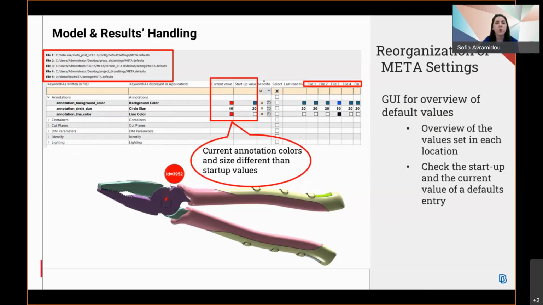For example, in the case shown here, we've got the current values of the annotations color and size being different to the startup values, and this can be seen in the drawn annotation of the 3D model. One note to make here regarding legacy: all legacy functionality will continue to work, so XML files of the previous format can still be read with a -XML option. Old meta post defaults files can still be read, and the toolbars referenced in these files can still be loaded, or commands placed between the session start and session end keywords of the default meta post defaults files can still be read.